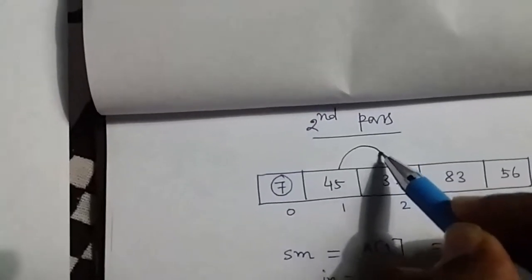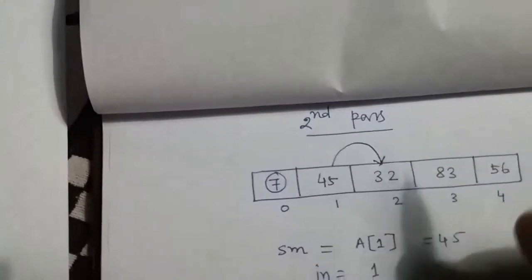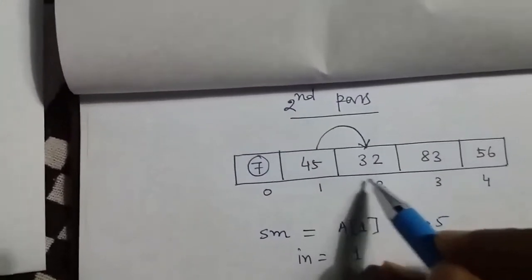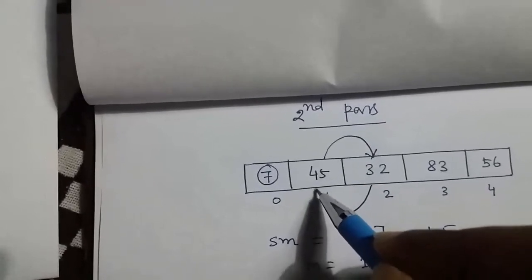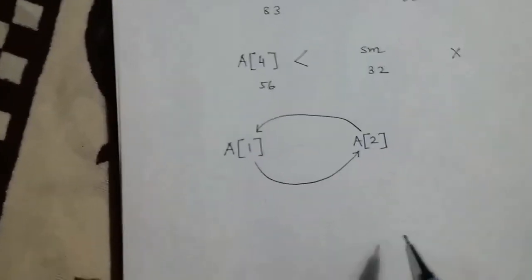So let's do this in the diagram also. 45, which is placed at index number 1, will move to index number 2, and 32, which is actually the second smallest element, will move to index number 1. So the resultant array will be